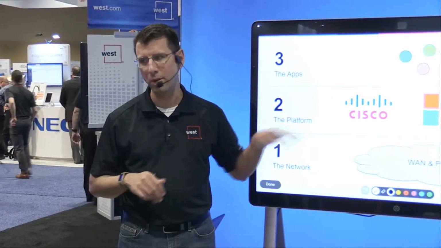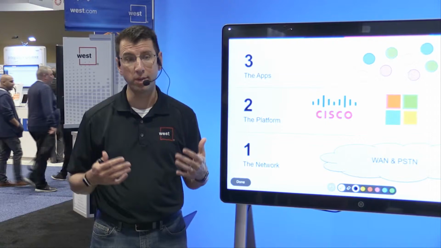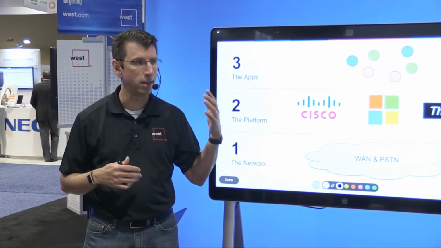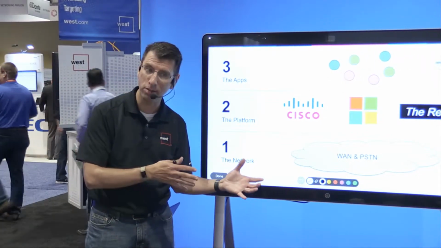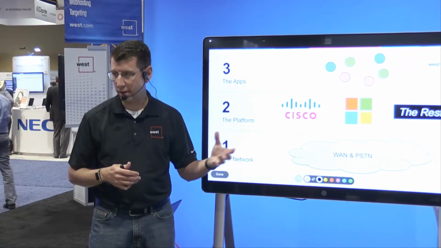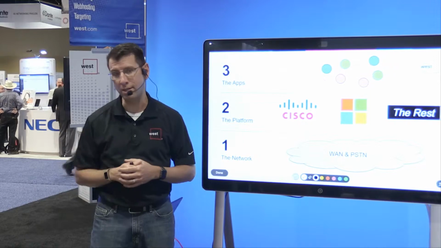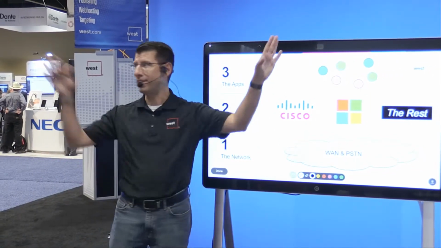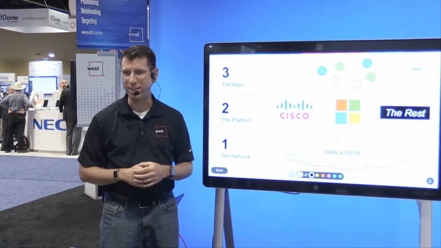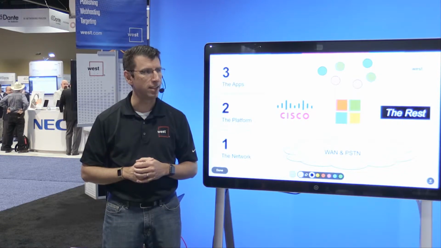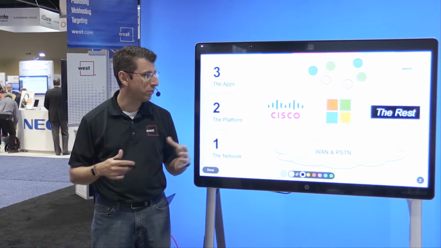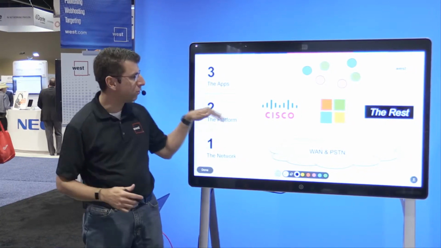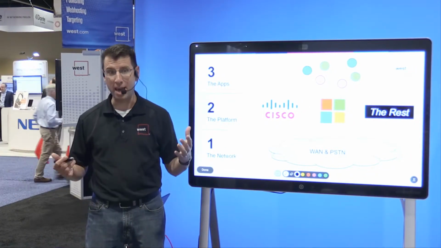Then the next step up is to think about the platform. Some people don't really think about these as platforms, but really that's what they are. If you think about investing in Cisco technology, that could be the classic Cisco or the BroadSoft Cisco, Microsoft, Skype for Business, or as you move forward into Teams, or everybody else. I couldn't fit all the logos on the slide. So all the rest of the folks in this room are basically platforms. And the platform technology choice that you make then drives into the third one. These would be the applications.